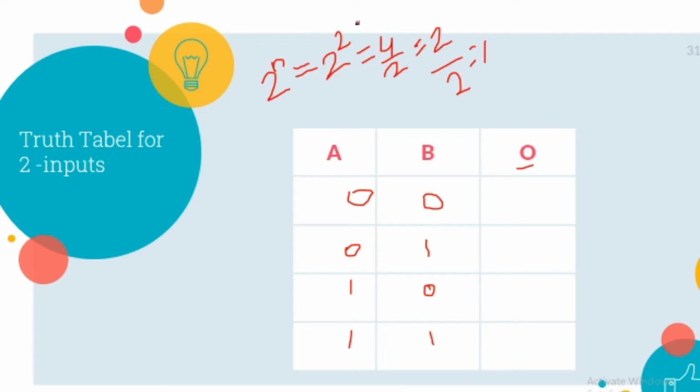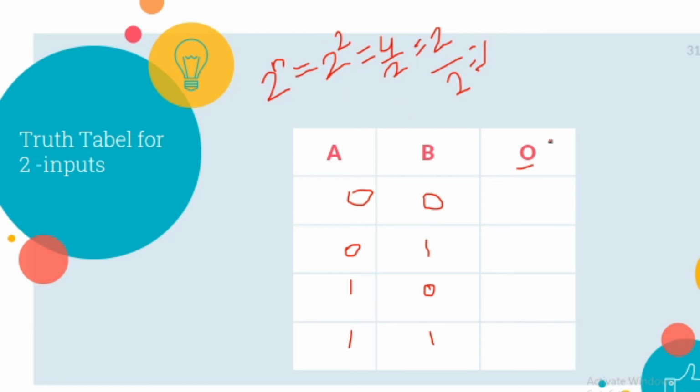For 3 inputs, we put here 3, then we get 8, then we divide this by 4. So we will fill in case of 3 inputs. Firstly, in the first input we fill 4 times 0, then 4 times 1. For the second input, we will fill 2 times 0, 2 times 1, 2 times 0, 2 times 1. In the similar way, for the third input, we will get 1. So firstly we will fill 0, then 1, then 0, then 1.